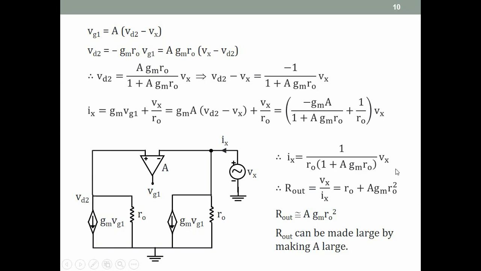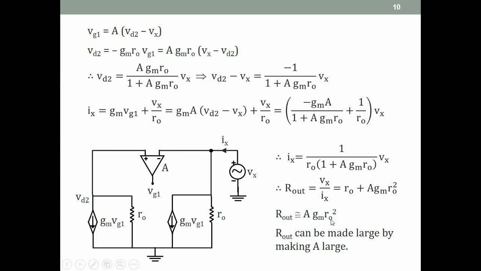So Vx by Ix is equal to RO into (1 plus GM RO), or RO plus A GM RO squared, which is approximately equal to A GM RO squared, where A is the gain of the op amp. So R-out can be made large by making the gain of the op amp large, or the gain of this circuit large. In fact, if this A is simply 1 in the simplest possible case, even then we get an